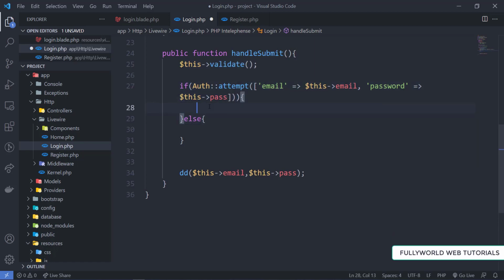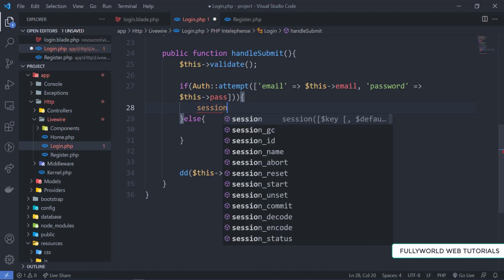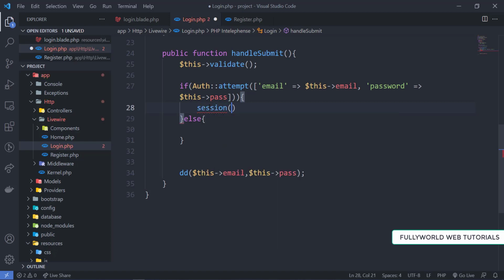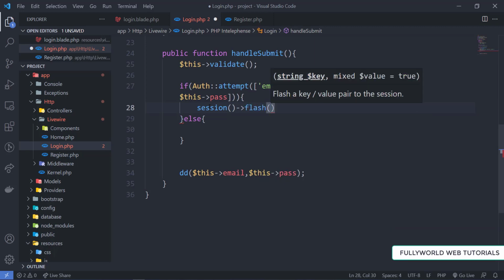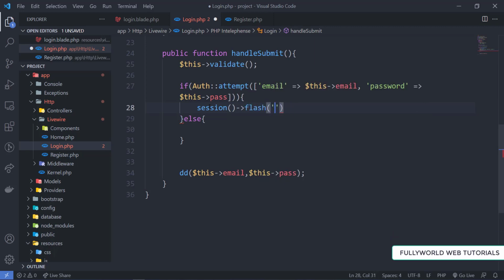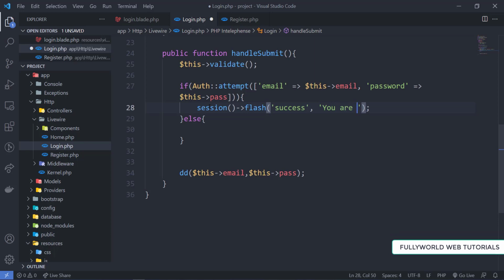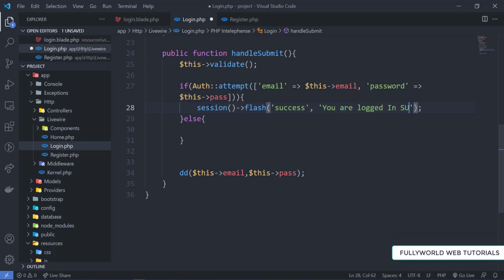If this is successful, then we are going to pass the session and pass the message here, so that will be a flash message, and here we are going to pass success, and here we are going to get the success message: you are logged in successfully.